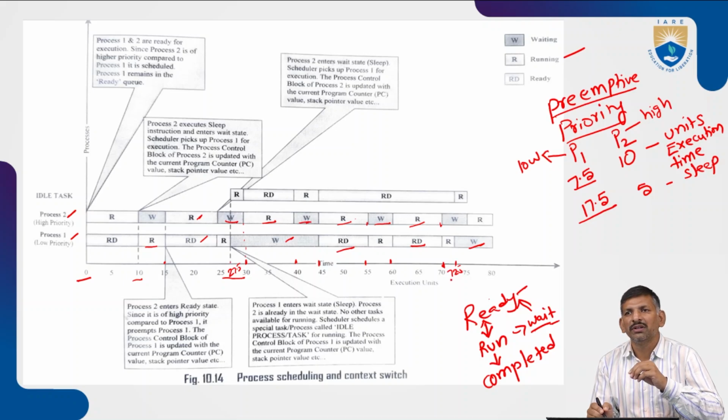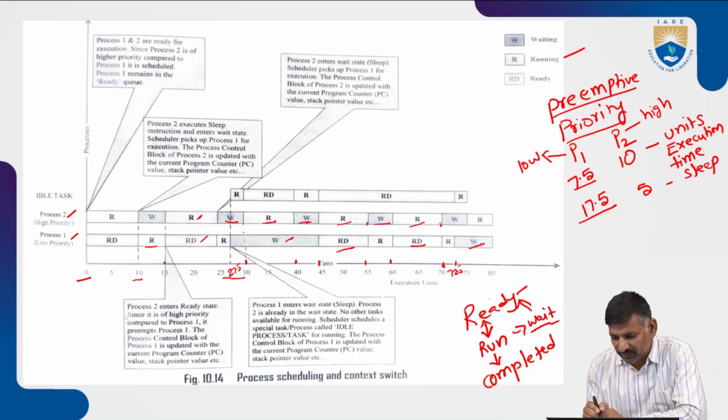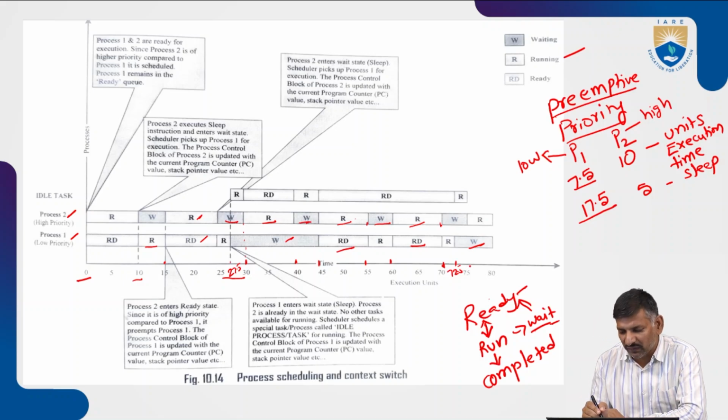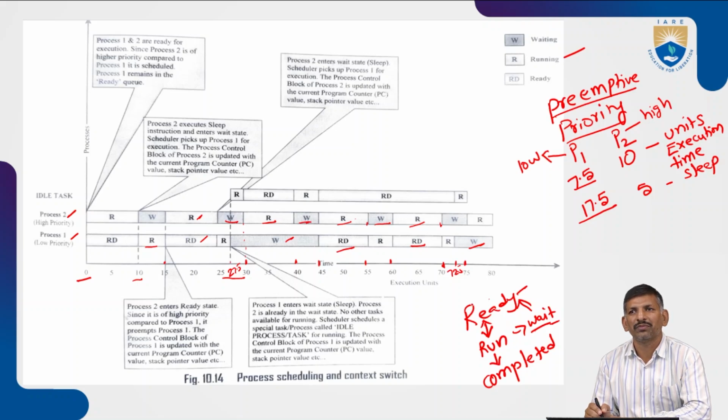In this time, the scheduler executes the idle mode operation, which means the CPU is in idle mode. Again, after 2.5, that is at 75 units of execution time,